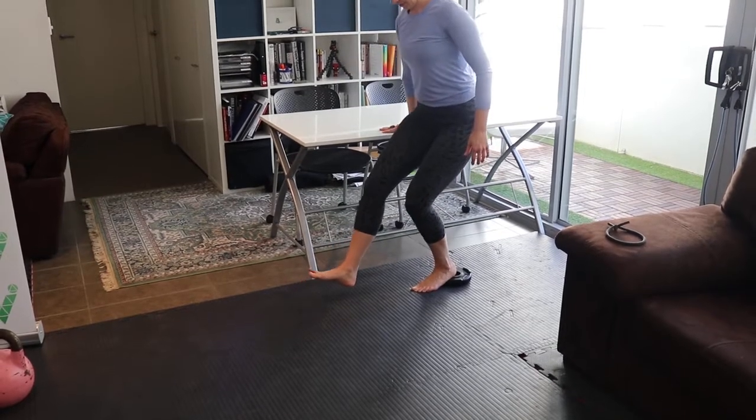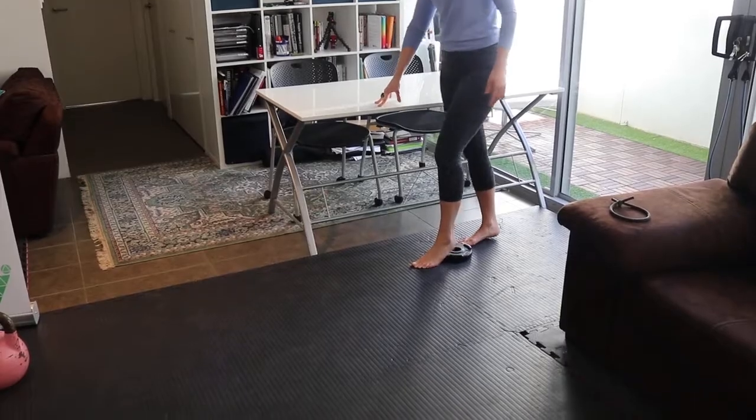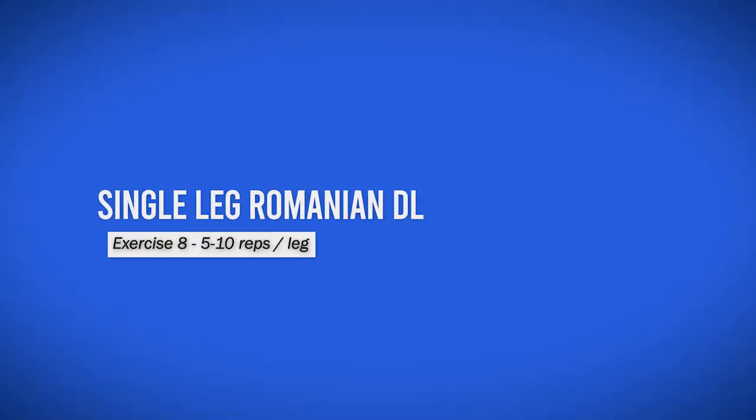We're aiming for 5 to 10 reps. If you can't do 5, just record maybe 3 or 4, and the next time see if you can get a little bit more. Right, from there we're going to go into a single leg Romanian deadlift, so coming forward,